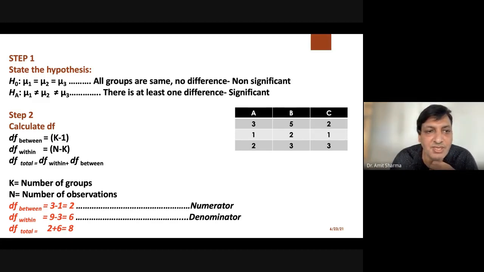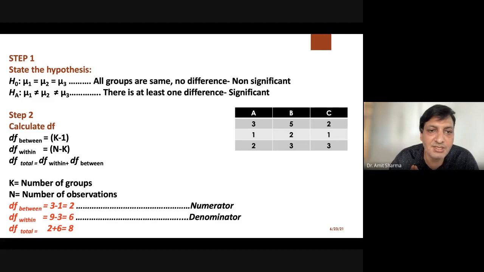As you can see on the slide which I have shown on the screen, don't look at mu3. Just go for mu1 and mu2. That means the mean of group 1 is equivalent to the mean of group 2. That means both groups are the same. When you say both groups are the same, there is no difference between the groups. At that time you'll say the test was found not significant. Whenever you apply a statistical test, your aim is to reject the null hypothesis.